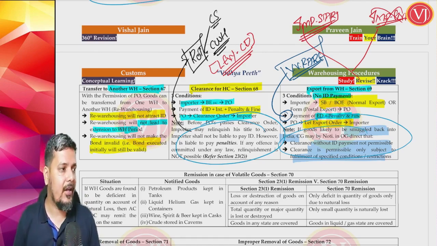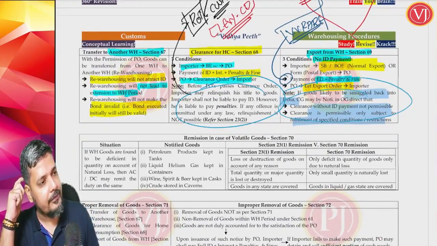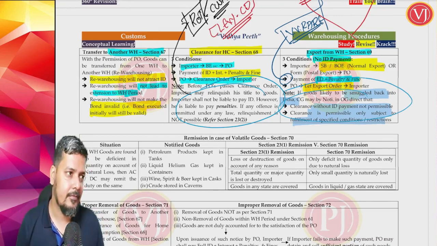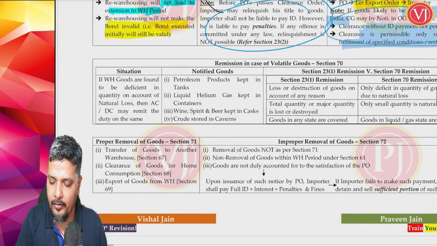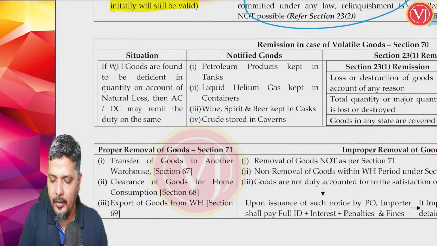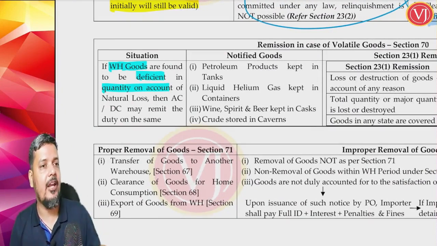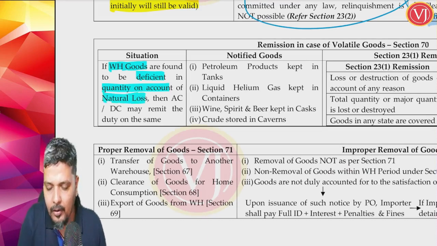So that is all about sections 67, 68 and 69. And section 70 is nothing but remission on volatile goods. Don't you think that goods will be there in warehouse for a long time? When the goods are in warehouse for a long time, there can be evaporation loss, remission loss, right? So if the goods are found to be in warehouse and they are deficient in quantity, which means 1000 liters came inside warehouse, but only 990 liters is cleared, deficient in quantity on account of natural loss, then